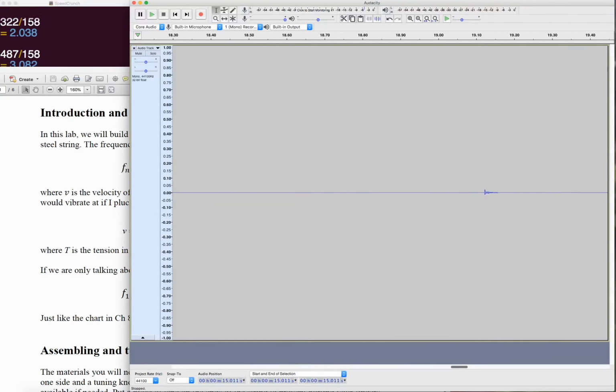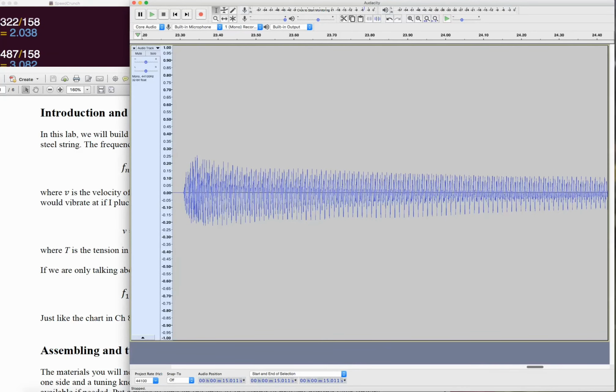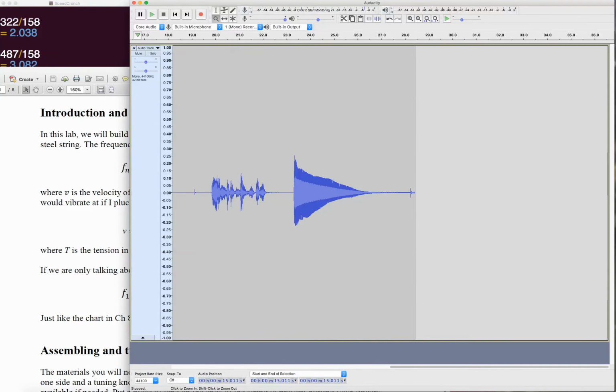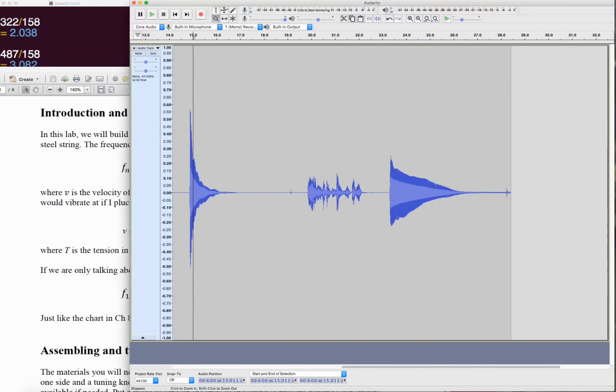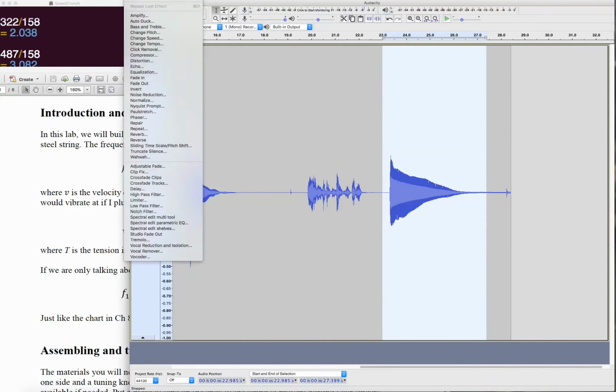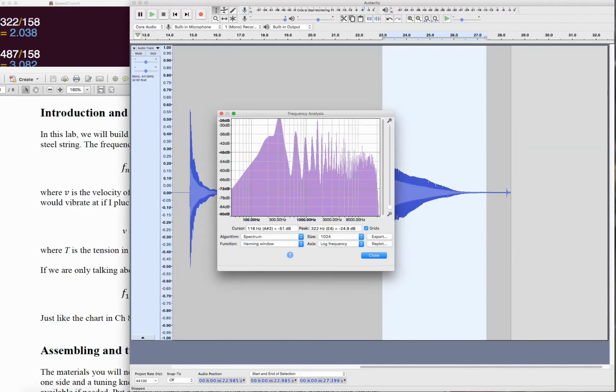Now this one, there's me talking, and this is that next note. I'll zoom out a little bit so it looks a little more familiar. Remember we played that first note, I said a couple things, and then we played this second note. This was the lower note. This was actually the lowest note on the guitar. It should be an E3 if my memory serves me. And if I bring my cursor over here,